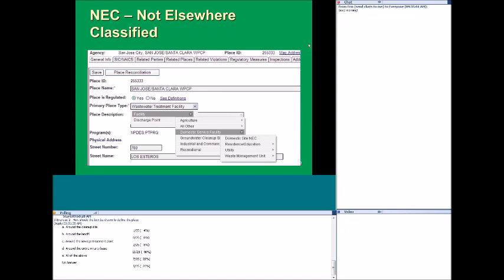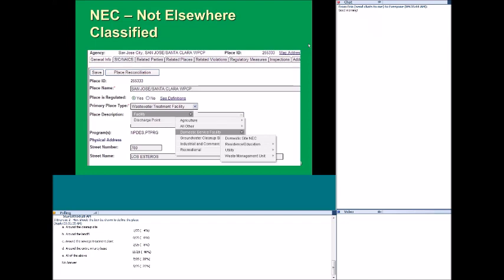Again, we have our not elsewhere classified option, or options, because you'll see it in a couple of different places. Here we have facility, domestic service facility, and we have our submenu under that with domestic site, not elsewhere classified, residence, education, utility, or waste management unit.